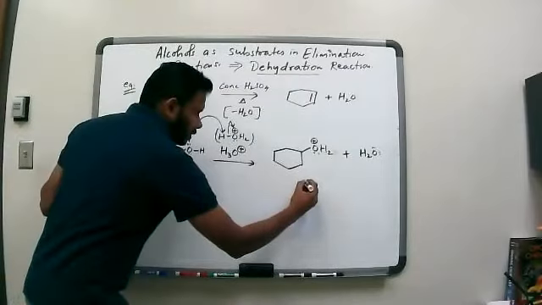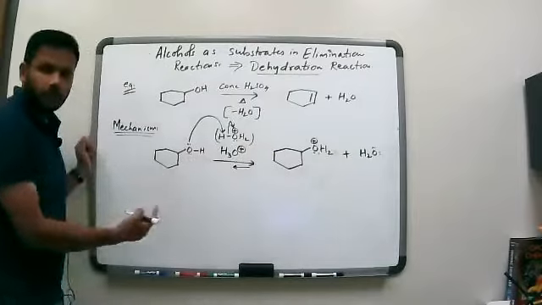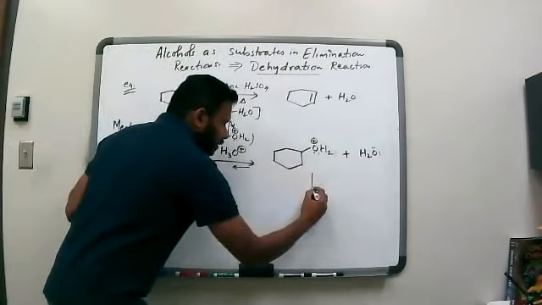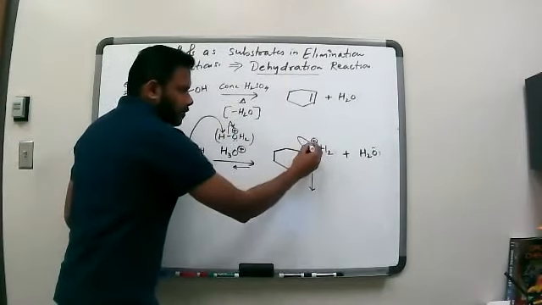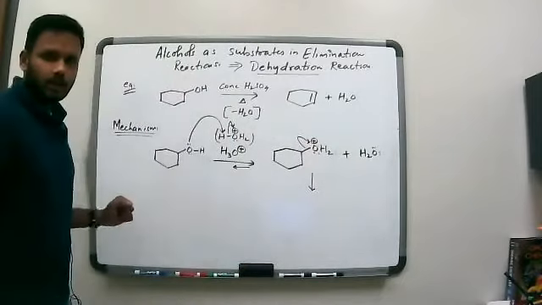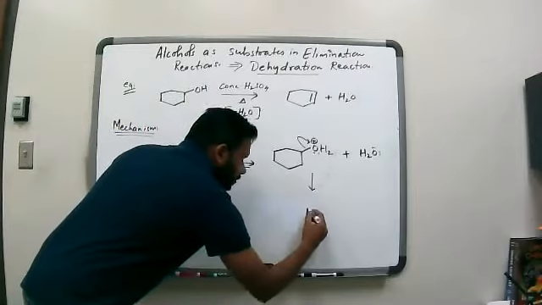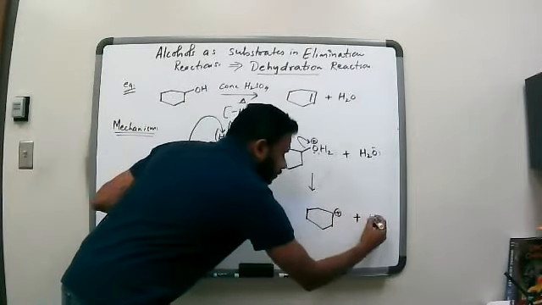And again, this reaction would be favored in the forward direction because we're dealing with the strong acid sulfuric acid. The next step, we've made a good leaving group out of that hydroxyl group. So that leaves, this will give us a carbocation plus